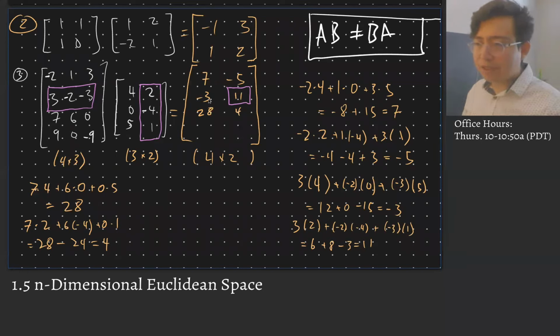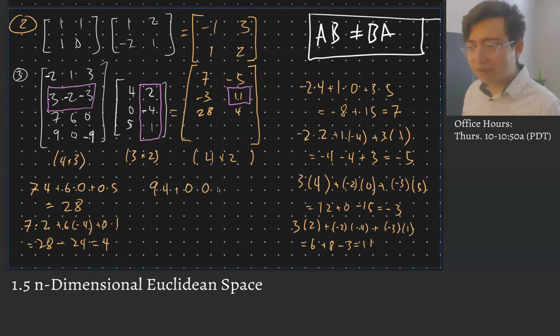Bottom left, that's going to be first column, or oof, I should not do that. Last row, fourth row, first column. Okay. So the row is 9, 0, -9, and then the first column is 4, 0, 5. So we take that dot product: 9 times 4 plus 0 times 0 plus -9 times 5. So we end up with 36 minus 45. So we get negative